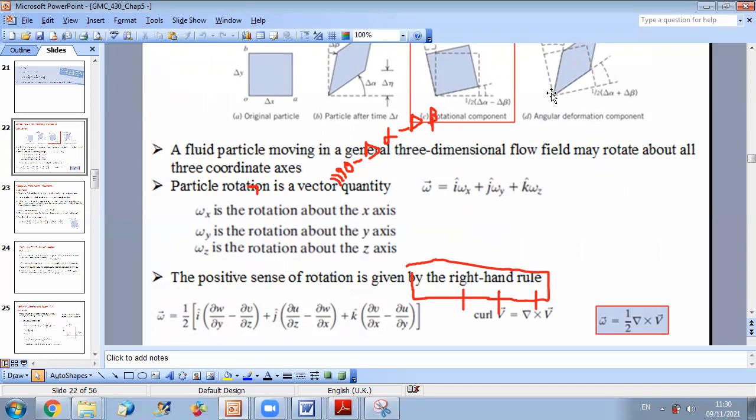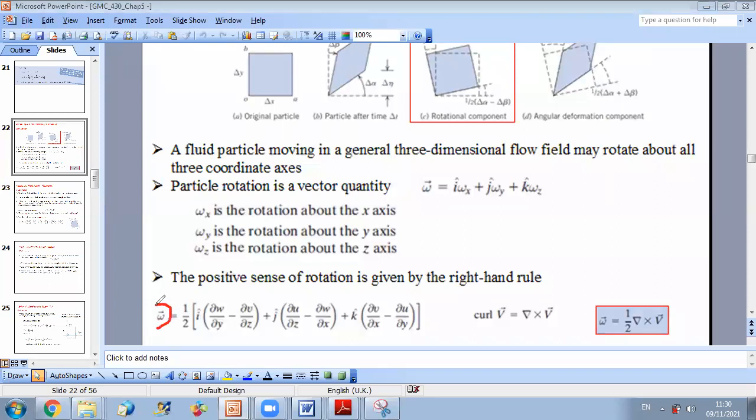Now we are not responsible for the demonstration. It's a complex demonstration. You should just know that here we are considering that the positive sense of rotation is given by the right-hand rule, and we can relate the angular velocity vector to the velocity field through the following mathematical operator. We can say that the angular velocity omega is half curl V, and curl V is a mathematical operator defined as follows,